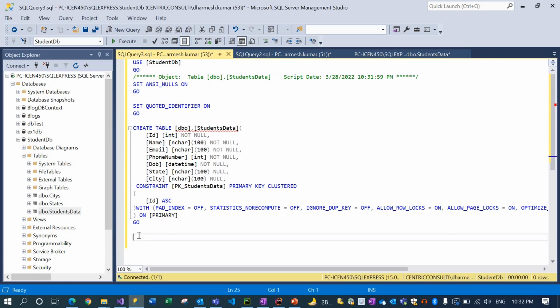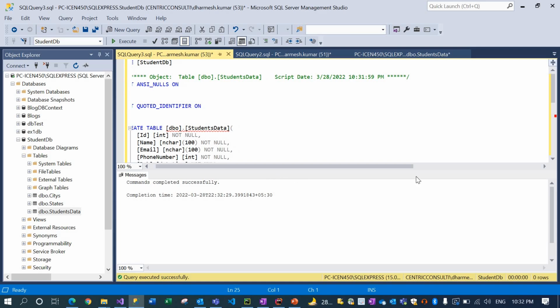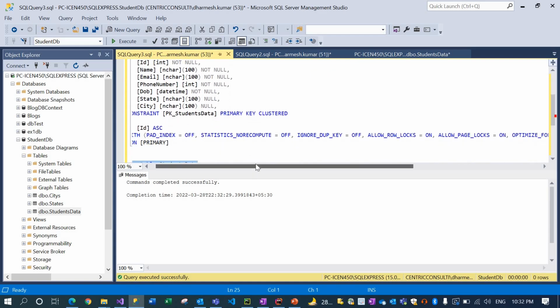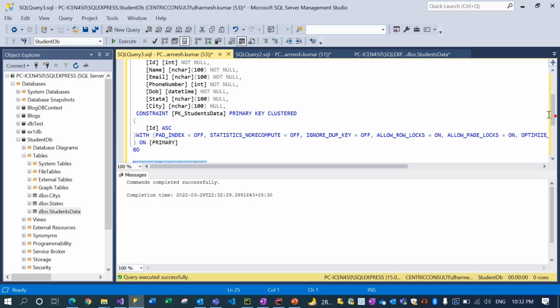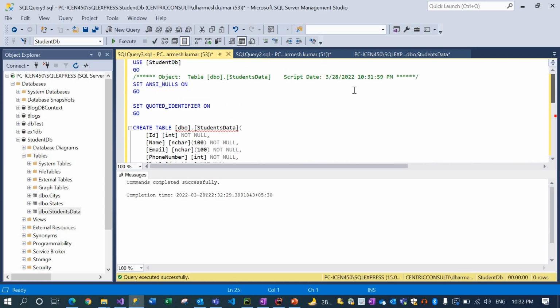I will write the command to drop the student table, drop table list. When I execute this, the table gets dropped. Now I need to create this table again. We can do it from here by right clicking on the table and entering the same fields we had taken, or because we have created a script from here,